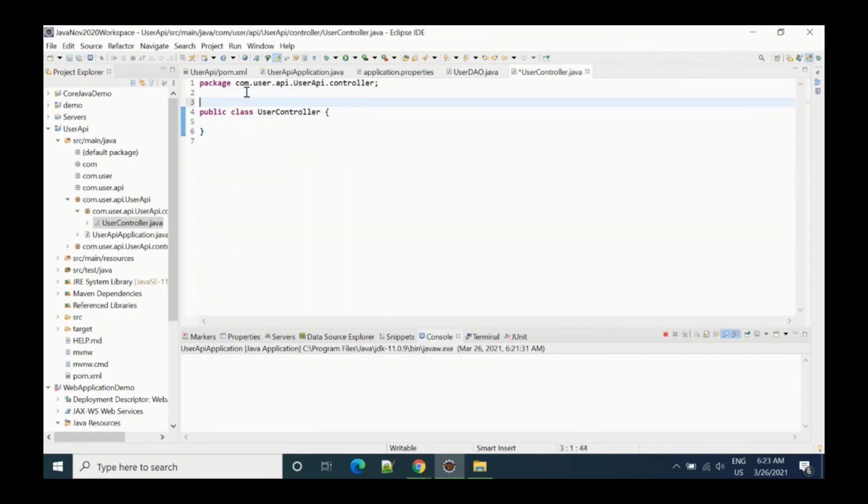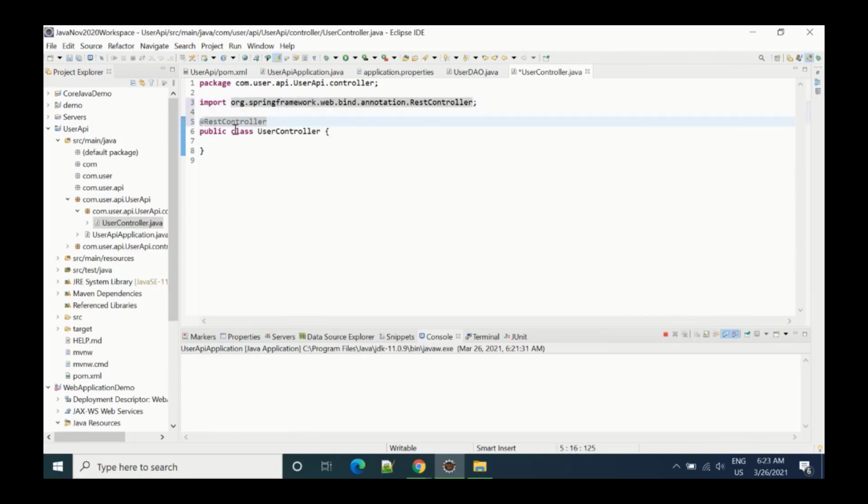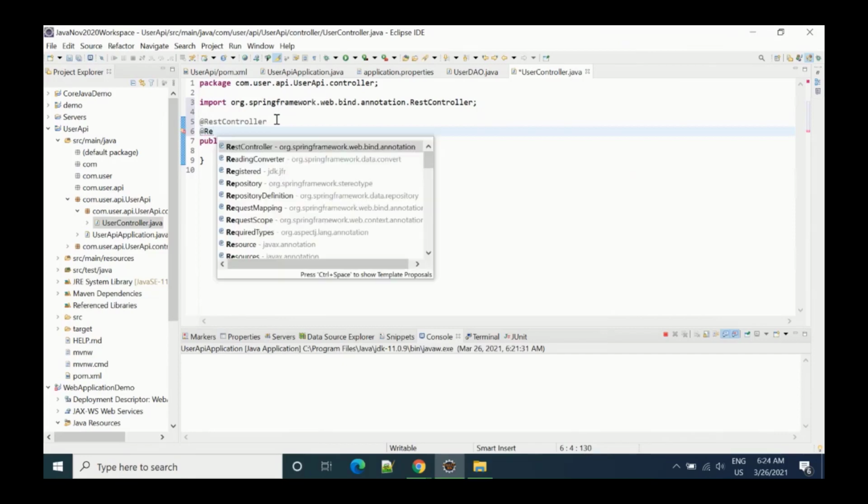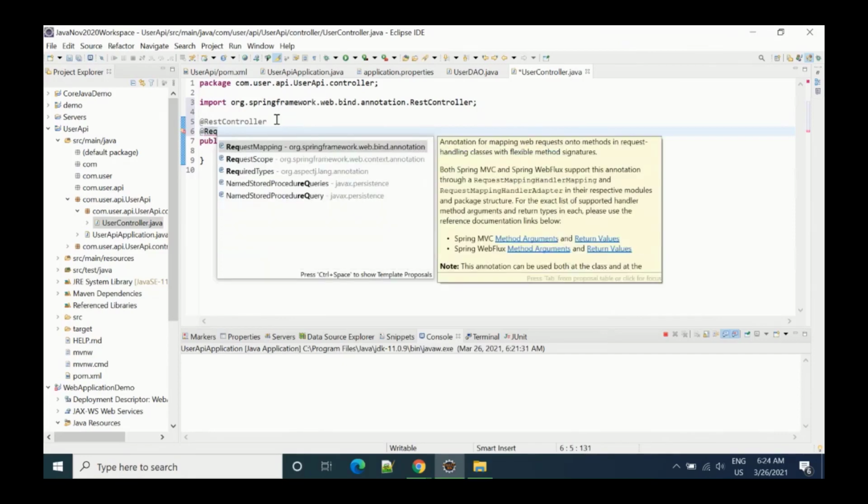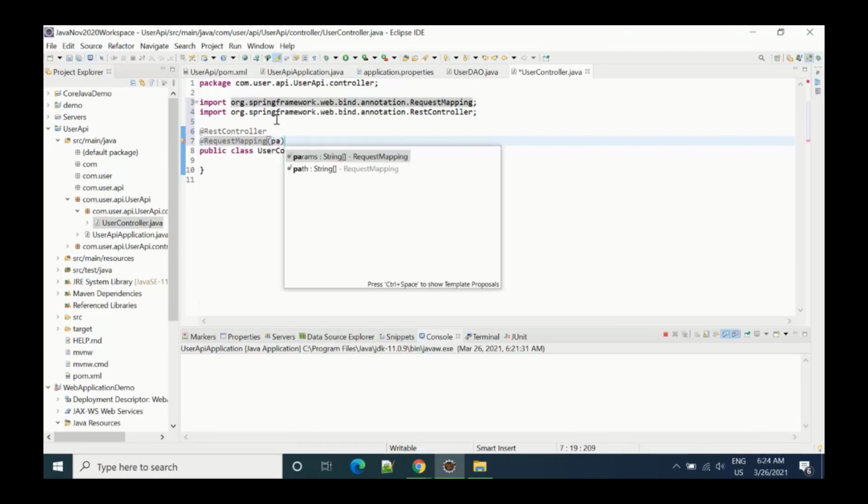What I have to do is annotate it with @RestController. This is one annotation that you have to use if you work with Spring Boot API. We have to use @RestController, and after that we also have to add @RequestMapping, with path equal to slash, let's say I'm saying user API, something like that.